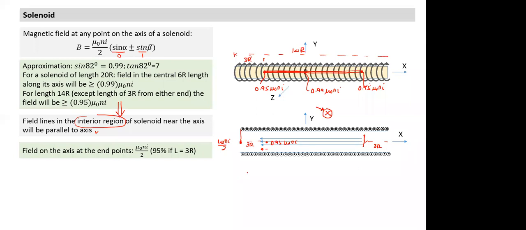Sir, from 3r distance to the end point, will the drop be gradual or will it be sudden? No, it will not be linear. It will be a complex shape. This is a function here, and from there you can evaluate. Do we need to know? Actually, not necessary most of the time. But what will happen is the field lines will flare out. The spacing between field lines will increase. That's how the field lines will go. The drop is very large, sir, in the last. Yeah.